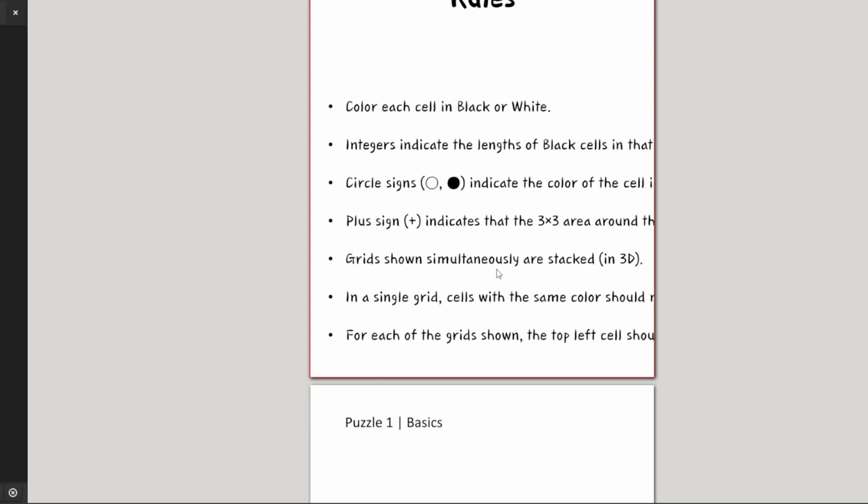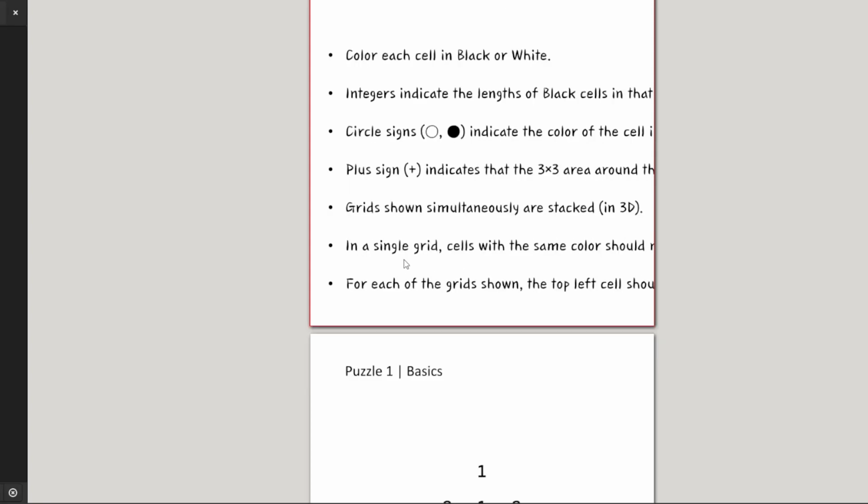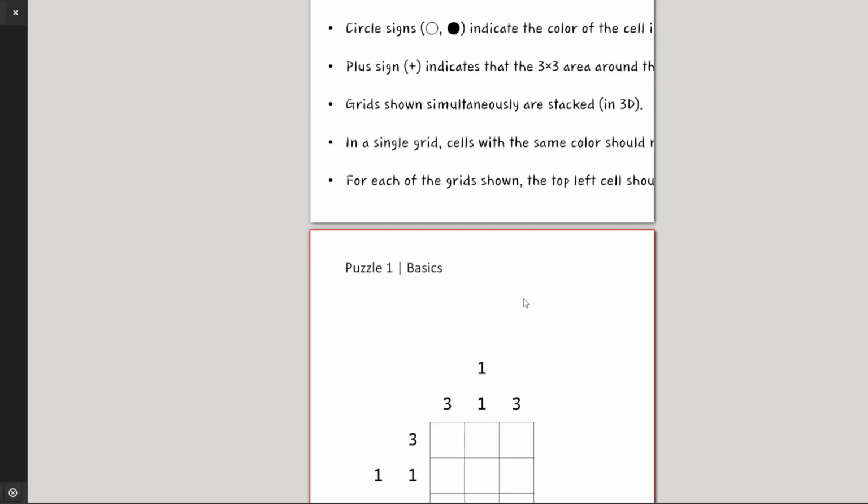Grids shown simultaneously are stacked. Whoa, whoa, whoa. In a single grid, cells with the same color should something. For each of the grids shown, the top left cell should something. Okay. So,